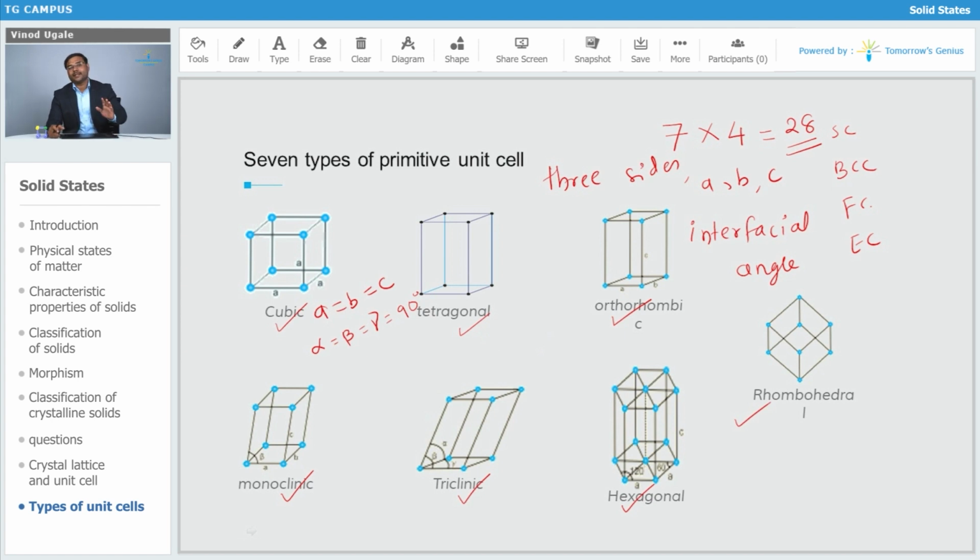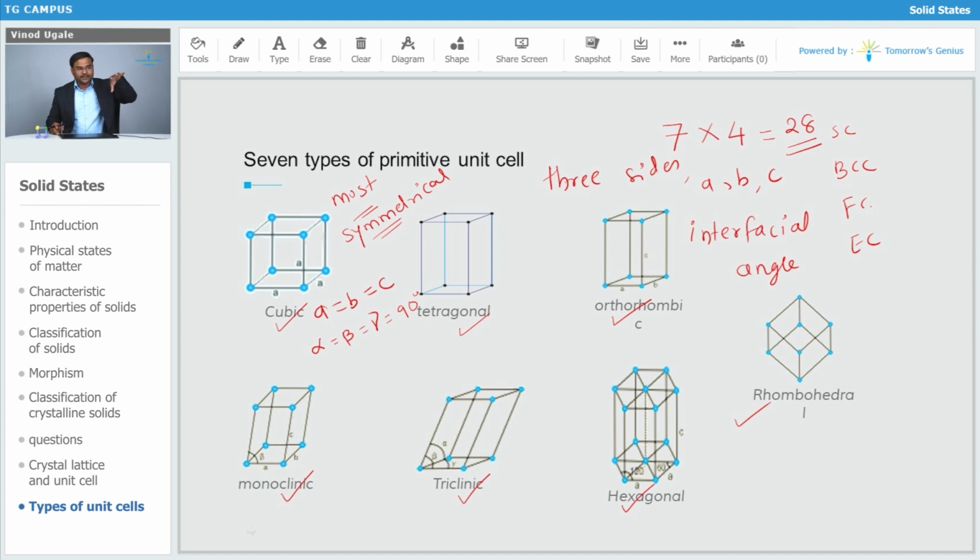What I am saying, in case of cubic crystal system, all 6 parameters are going to be same. All 3 sides same. All 3 angles are going to be same. So we can say that this cubic system is the most symmetrical system. Such type of questions has been asked in the previous examination. Which is the most symmetrical crystal system? Which is most asymmetrical crystal system? Or which is most unsymmetrical crystal system? So that's why these little things we will have to consider. All sides equal, all angles equal, therefore it is most symmetrical one.